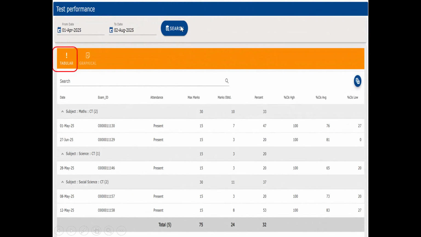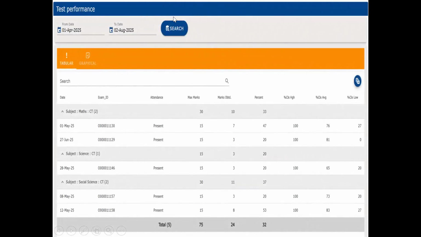You will see two types of reports, the tabular and the graphical. Let us see them in detail. This is a sample of a tabular report. It presents detailed test data. Here we can see